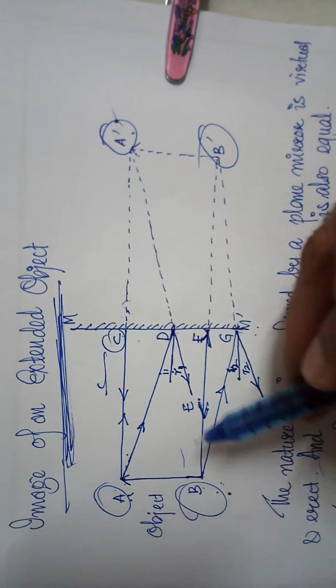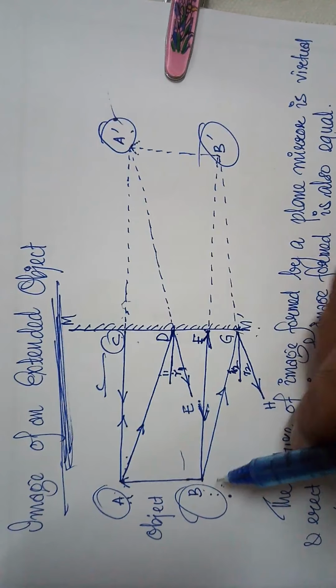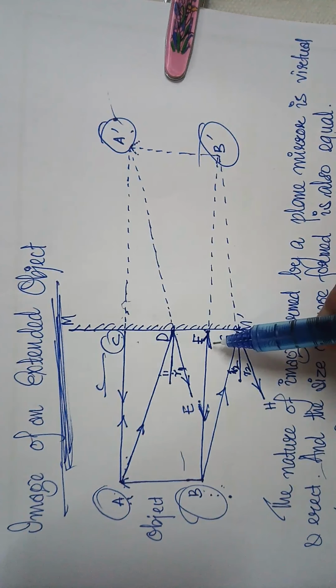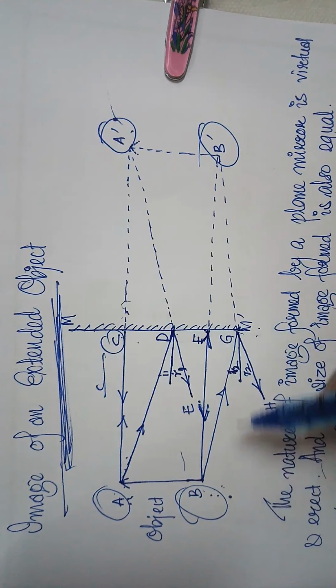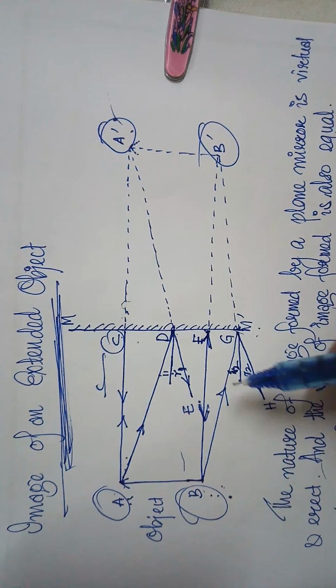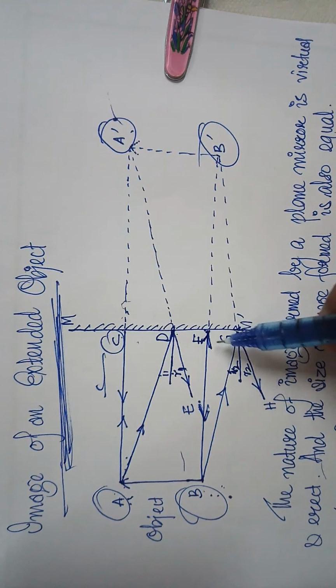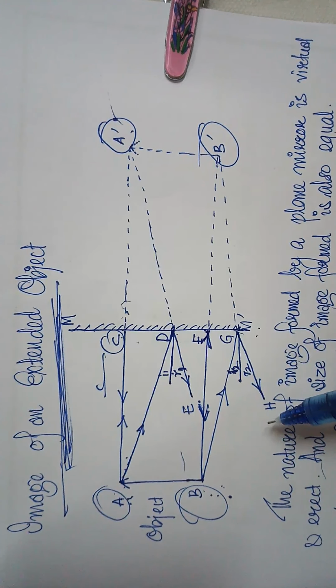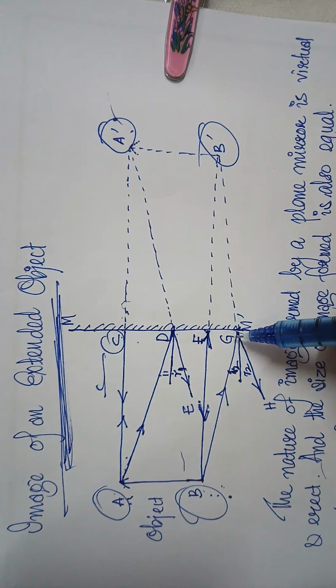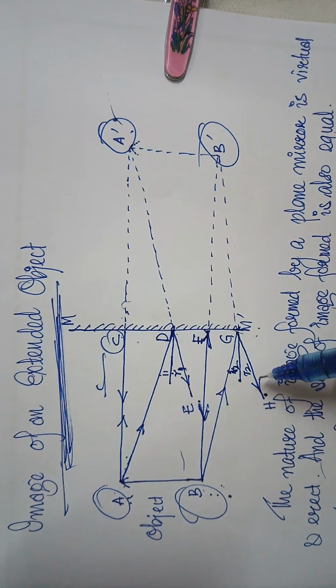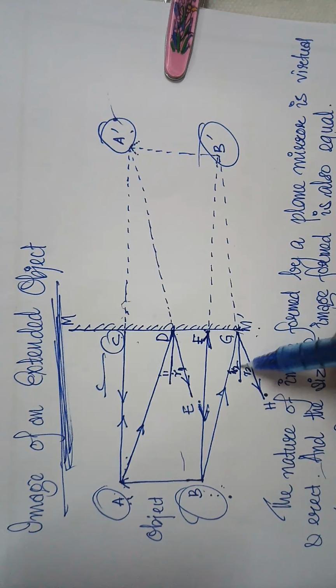Likewise, from the point B, we draw an incident ray BF, which is perpendicular to the mirror. This will be reflected back along the same path, giving the reflected ray FB. Another incident ray BG is reflected along GH, making an angle of reflection R2, which is equal to the angle of incidence I2.